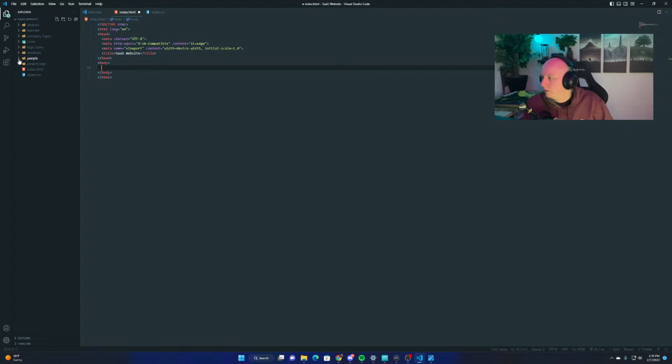Now, the next thing we need to do is manage our style sheets. In the past, we've just used a simple single style sheet, and we've been able to throw everything in there. But if we pull open the mock-up here, there's a few things to consider. It looks like we're going to have a lot of custom styles in here. We also know that this needs to be mobile responsive. And we're probably going to need to set some base default styles here, things for our headers and our paragraphs, unordered lists, things like that. So what we can do to help organize this is create a new folder, and I'm going to call this